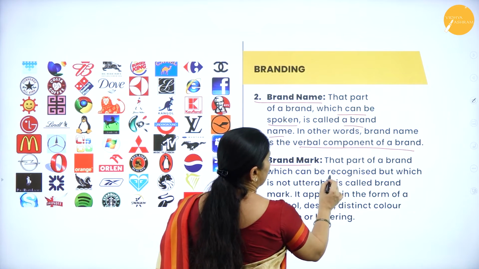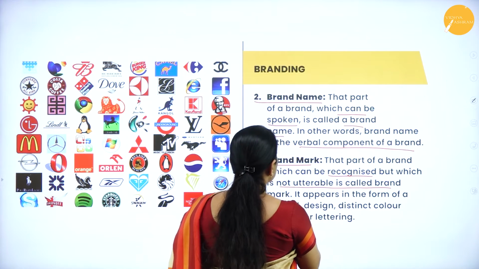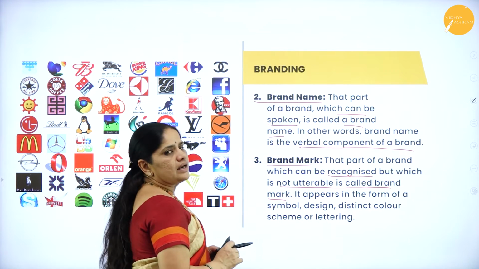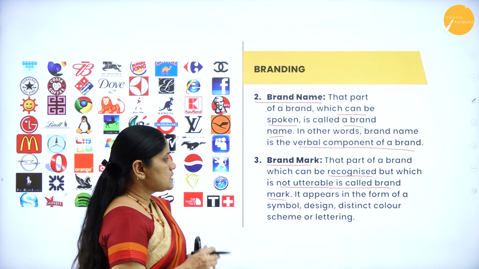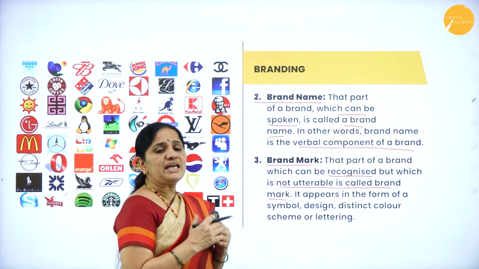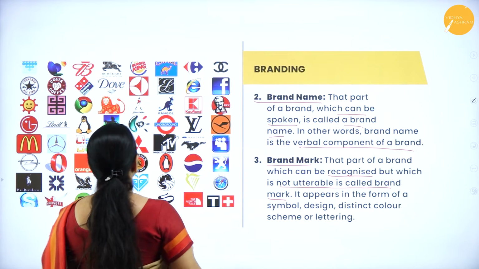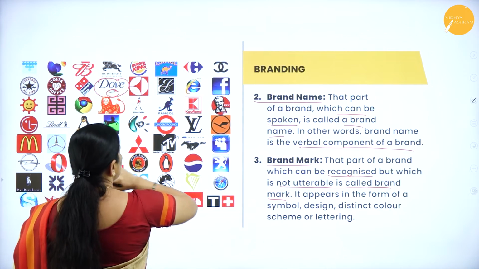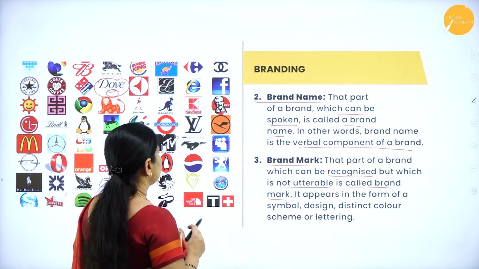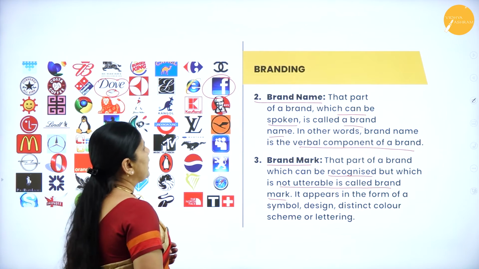That part of the brand which can be recognized but which is not utterable is called the brand mark. Now, this brand mark refers to all those marks which can be recognized but which we cannot say. For example, here we have this symbol of the dove, the picture of a dove, and if you can see here, this is the brand mark of